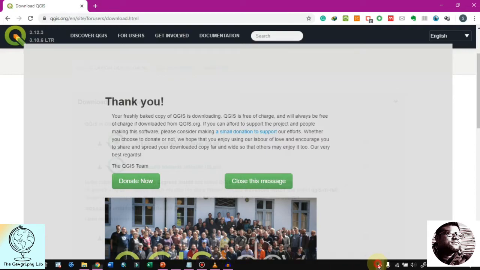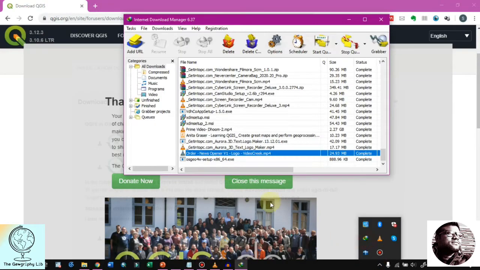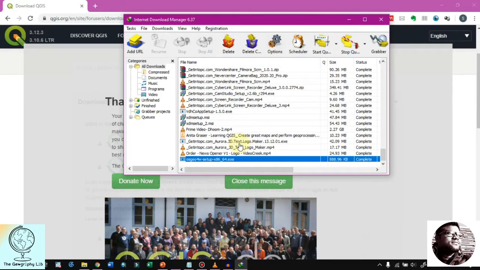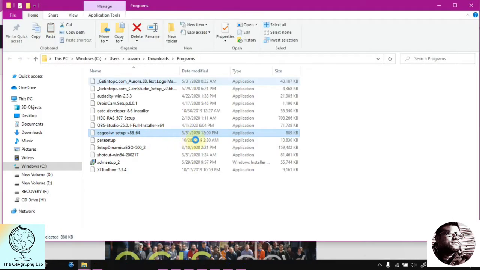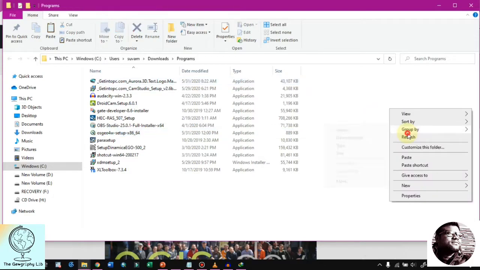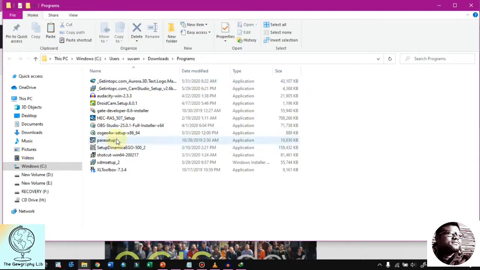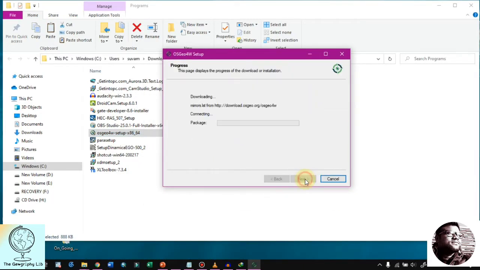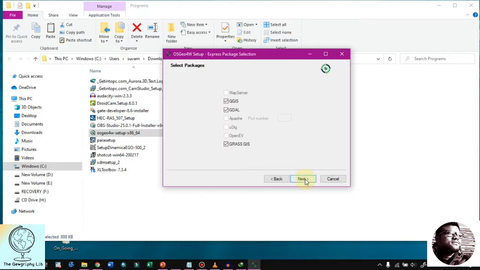Let's open this file, open, then run it. Yes, Express Desktop install: QGIS, GRASS GIS, GDAL.